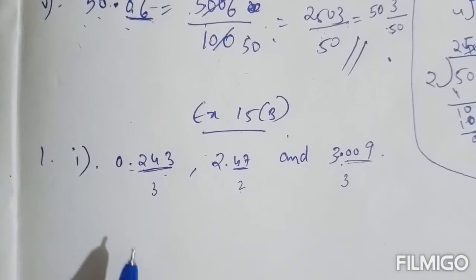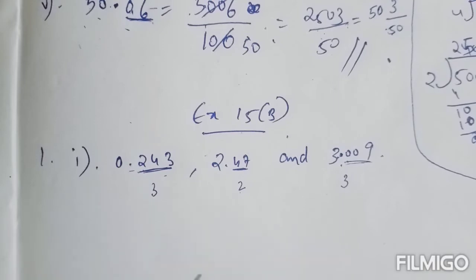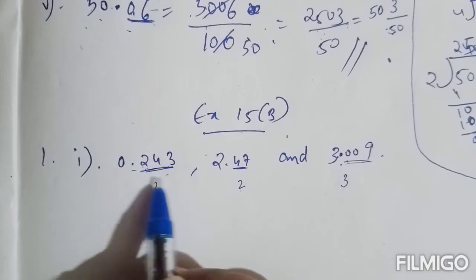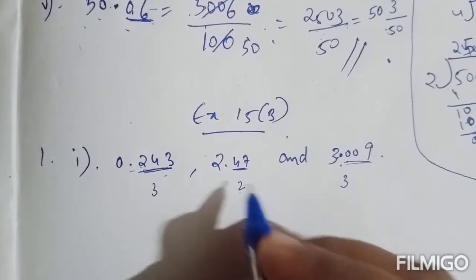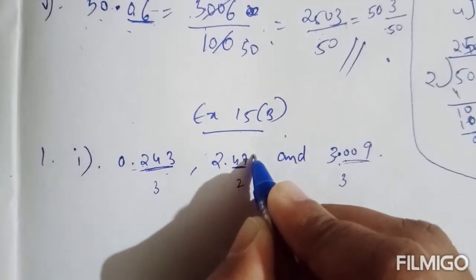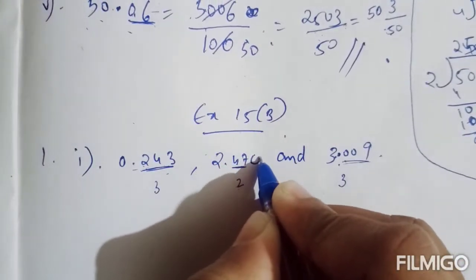First, convert the given decimal numbers into like decimal numbers. If it is unlike, you have to convert that to like decimal numbers. So 3 digits are here. The greater number, the maximum number, it is 3 here. Here only 2. So in order to convert this to like decimal numbers, you need to put 0.